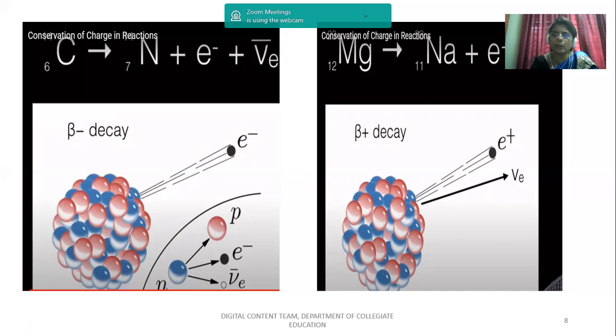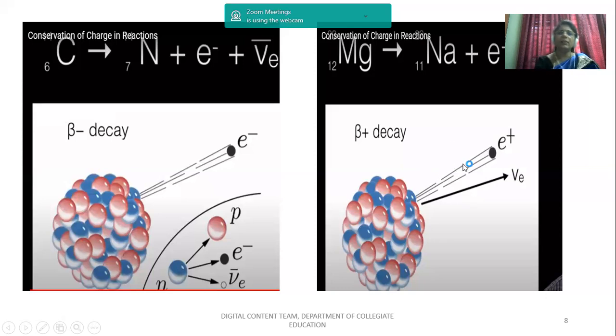So a proton gets converted to a neutron along with the release of a positron and the positive electron neutrino. Here you can see that magnesium, which has atomic number 12, has one proton getting converted to a neutron and becoming sodium, its atomic number reduced by 1. So 12 becomes 11, indicating the new element formed is sodium, and the mass remains 23 as such, along with the release of a positron and positive electron neutrino. So this type of reaction or process is called the positive beta decay process.